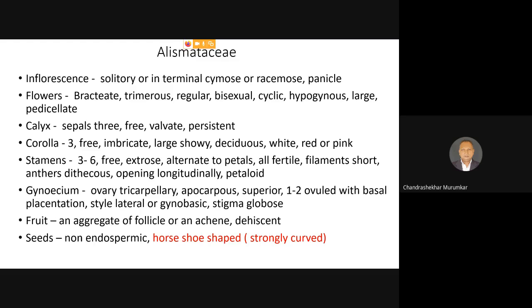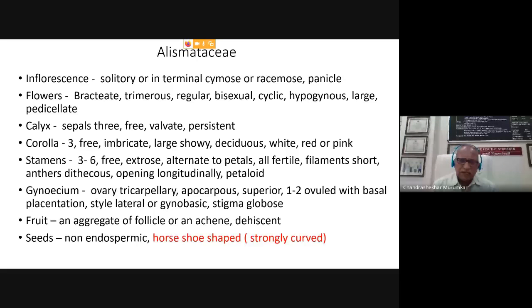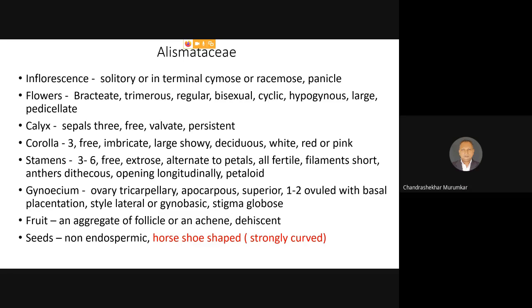As I told you, in these flowers there is a presence of calyx and corolla. Usually calyx and corolla are 3+3, they are free, they are valvate. Particularly in Alismataceae, the calyx is persistent. So we can find the scaly green calyx even in the fruit condition. As far as the corolla is concerned, the corolla has imbricate aestivation or valvate aestivation. They are large and showy. Sometimes the corolla may be deciduous, that is, at the onset of opening of the flower, the corolla may fall down. Usually the Alismataceae corolla may be either white or pink or red in color. In few cases, it may show tinges of yellow.